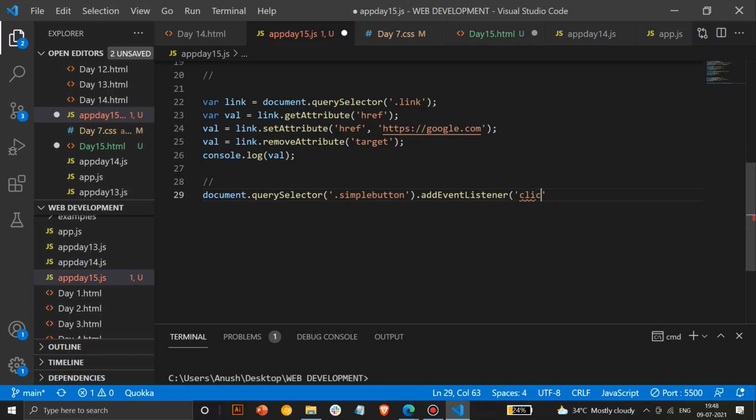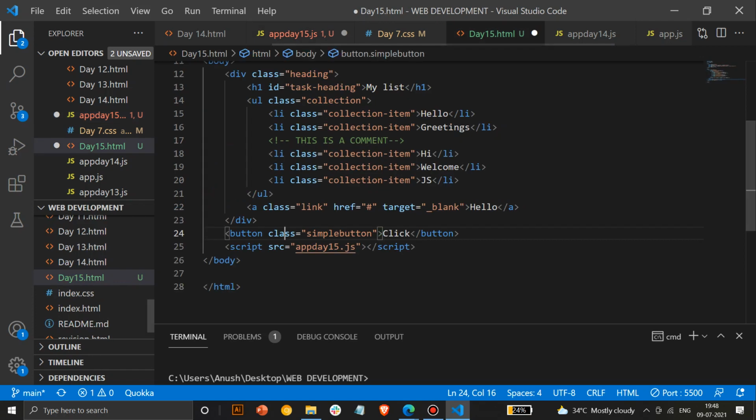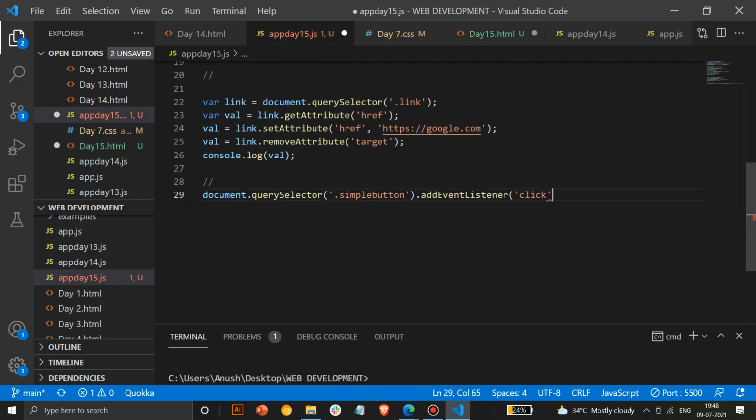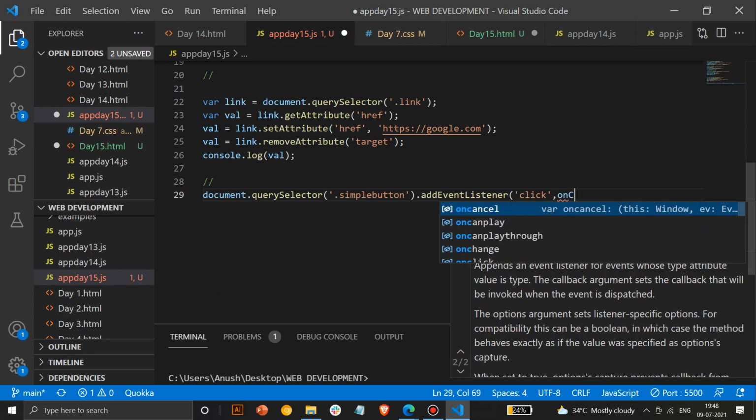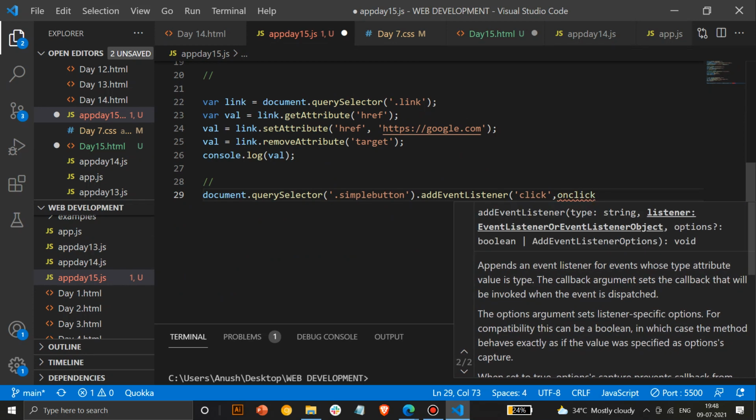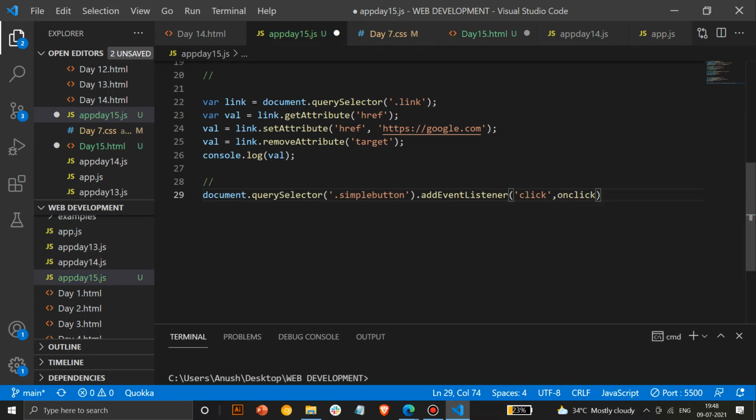Here you can write whatever function you have to do. If you have to do something on clicking that particular thing, we'll write click. If you have to do hover, you will write hover. If you have to do something on visited, you can do visited. Every parameter that's present there can be written here. So here we'll do on click, and then whatever function is present. We have an on click function, so that would be tagged to an on click function.